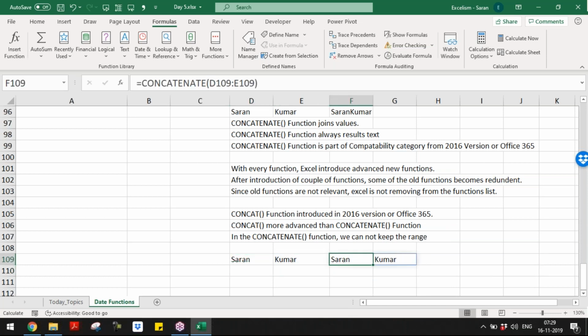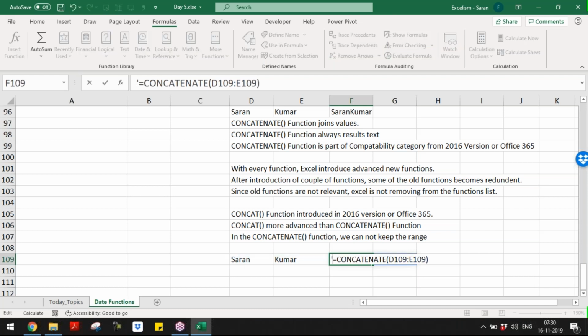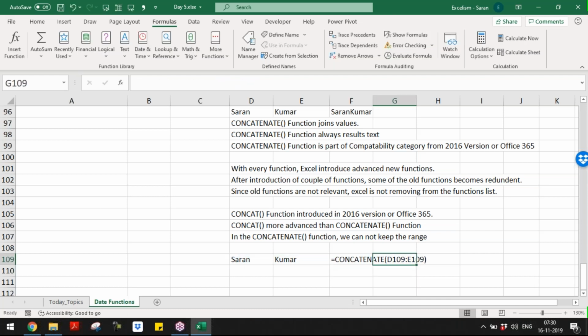Sorry, maybe in your system it behaves differently, because mine has the dynamic array feature, so the same thing is coming. But ideally, if you try this, you cannot do that. In your system, you can try. In this case, if I take it, I'll get a value error because this is an invalid argument.